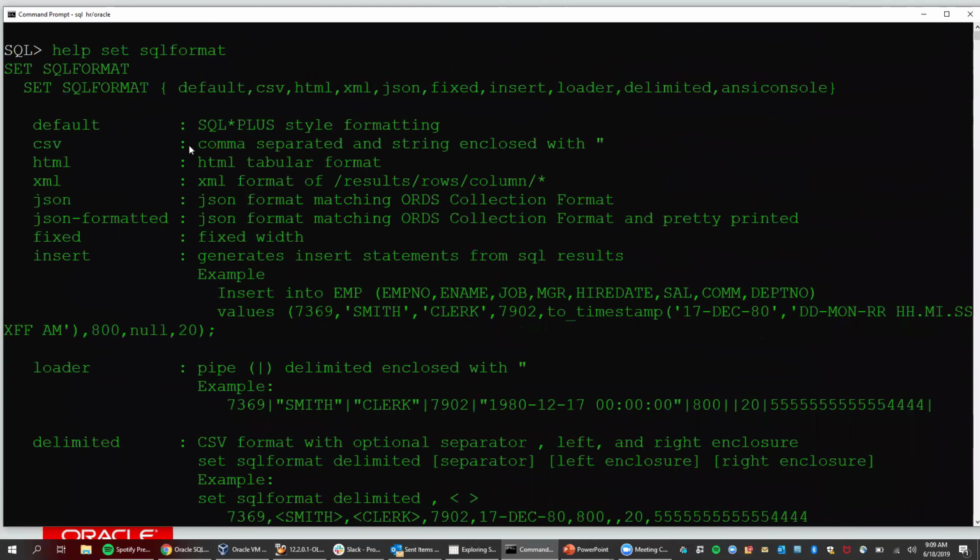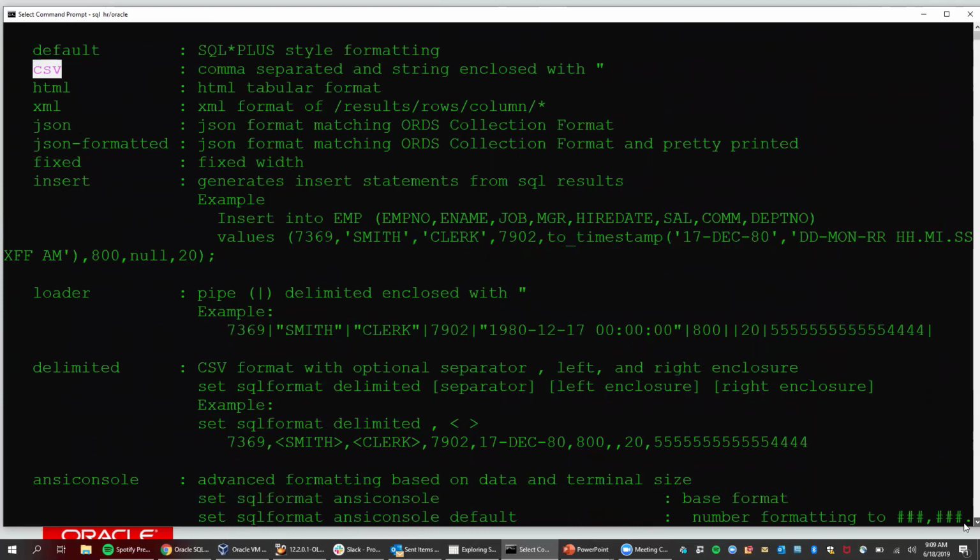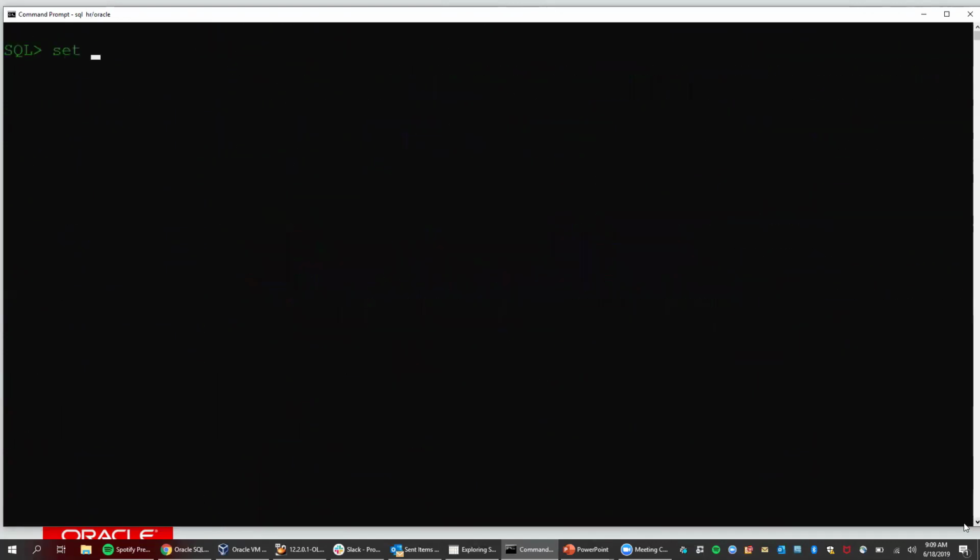So maybe the top tip and trick that Chris shares on his SQL Daily Twitter account, which I recommend everyone follow, is he shows how to get CSV output in SQL Dev and SQLcl. So this is one of the things you can do, and SQL Plus actually supports this now. I think they added it in SQL Plus 18 or 19C. But we also support these other output formats. And one of these is called ANSI console. So if I say set SQL format ansiconsole,